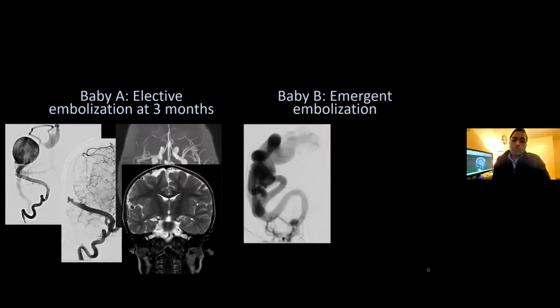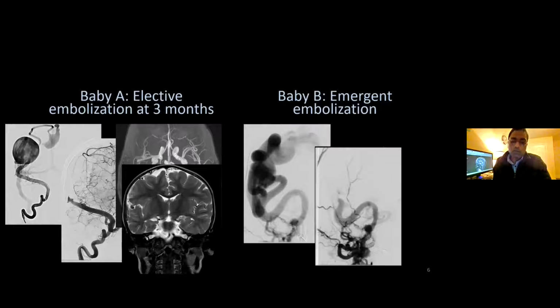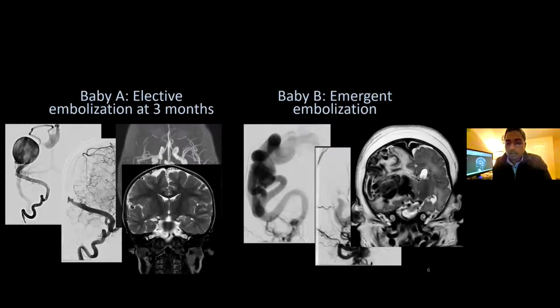In baby B, because of this situation of multi-hole fistula with edema and hemorrhage, we took him for an emergent embolization. And you can see here the multi-hole, multiple arteries going into veins, and multiple glue injections later. Unfortunately, this child had massive hemorrhage. You can see an increase in the edema. There's clotting, more venous congestion, and this child we had to pull the life support, and this child did not